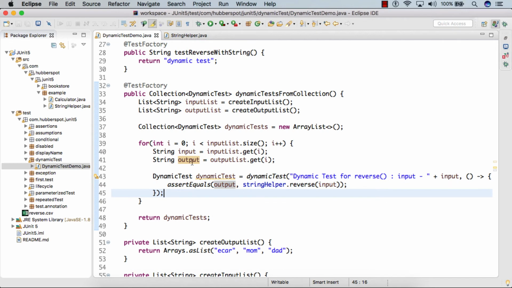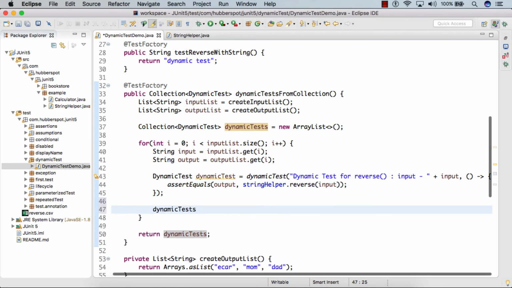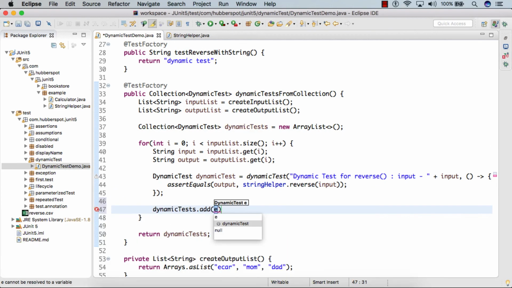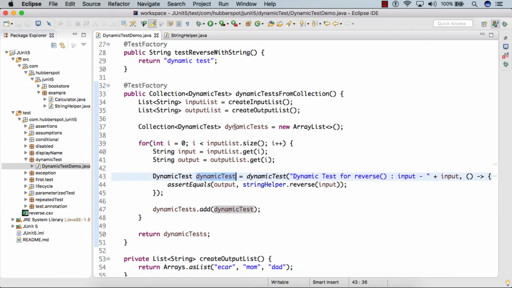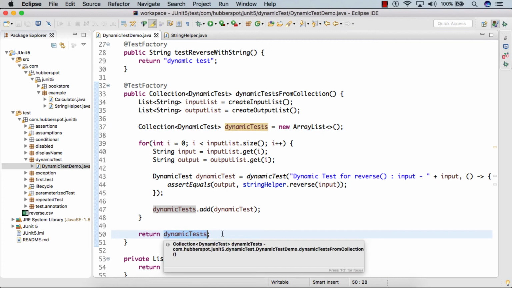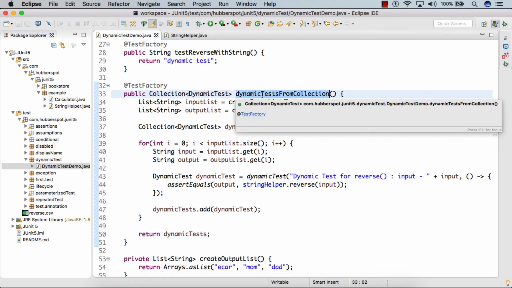With each iteration a new dynamic test is created, and we simply add this dynamic test to our collection of dynamic tests, and finally return the dynamic tests from this method.